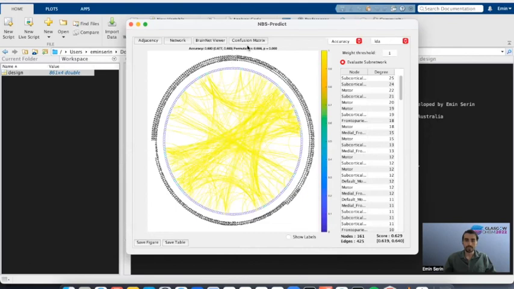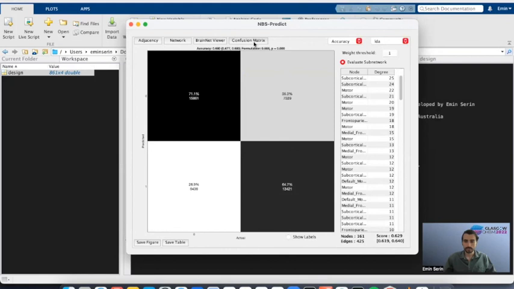It is also possible to visualize the confusion matrix, which can be used to evaluate the prediction performance however you need. To do that, just click the confusion matrix button here. The important thing is that these numbers are just the sum of observations across the outer folds, so please don't be scared of such high numbers.